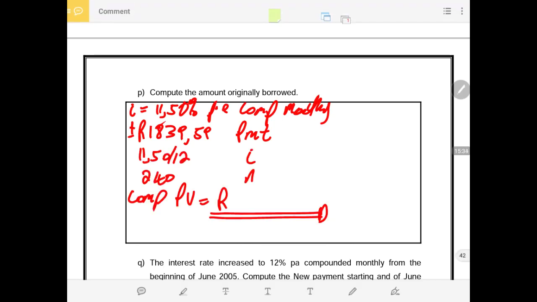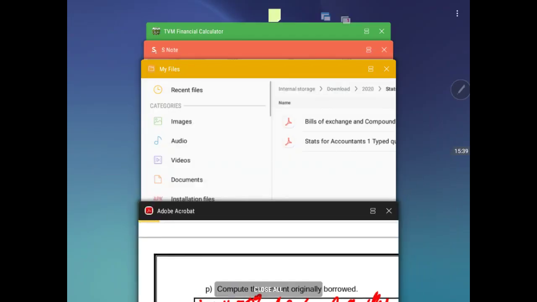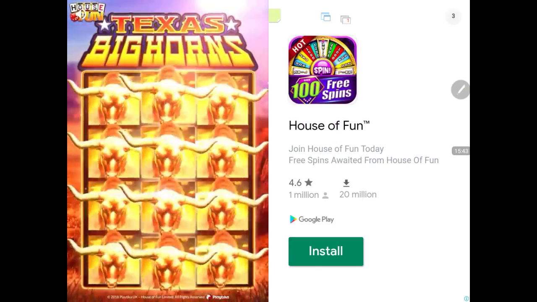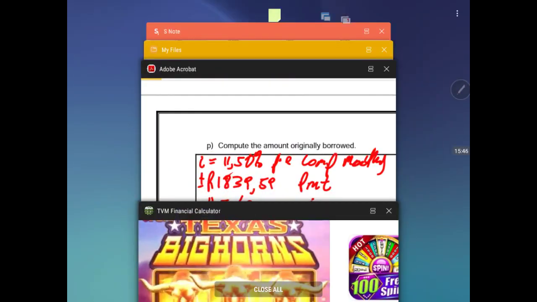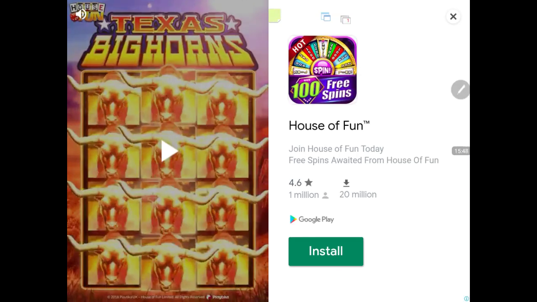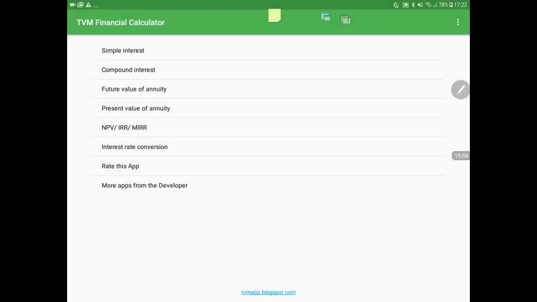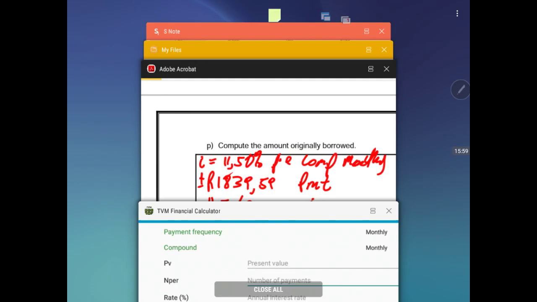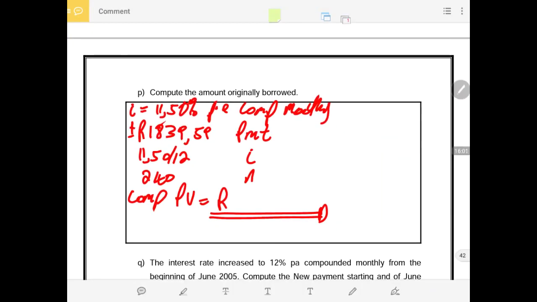So now we can calculate the present value of an annuity. You can use your financial calculator, guys, which is in the app. I don't know this app now because I have my Wi-Fi on and it automatically does this advertising. Present value of an annuity, you do your PMT and everything, but I'm not going to use the calculator, but you can download it. It's very easy to navigate. So now I will be using my manual calculator